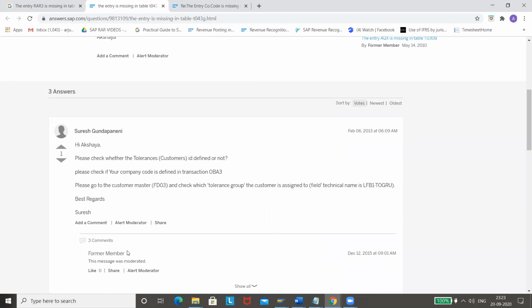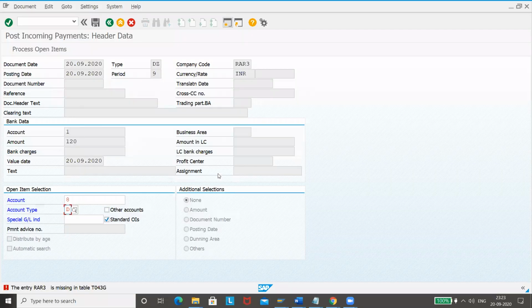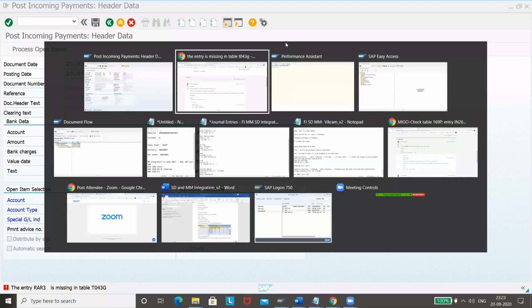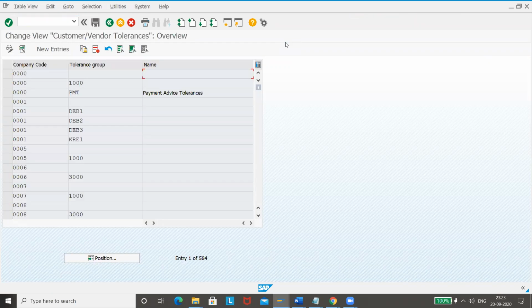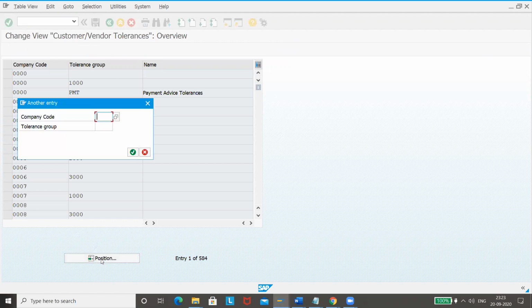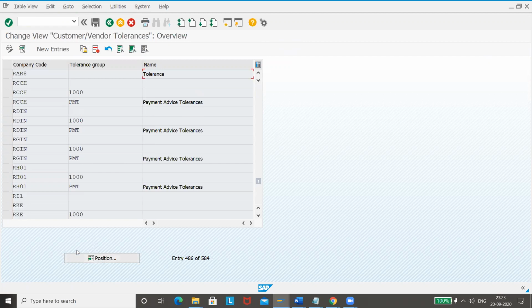So it means that you have to maintain tolerance limits. So go to OBA3. We'll see if we have maintained it for our company code. Our company code is RAR3. We haven't maintained this one.